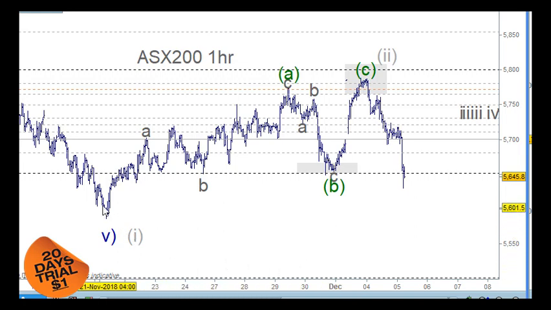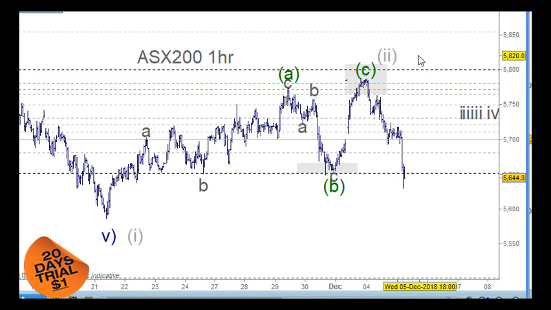We'd been working up this particular structure through here, and I noted that it was a corrective pattern, and we labelled it wave A, and then we looked for the 61.8% retracement level for wave B, and then we were looking for an impulse wave for wave C coming into the 5,800. We know 8 is a profit-taking number, so we had to use that as our target area.